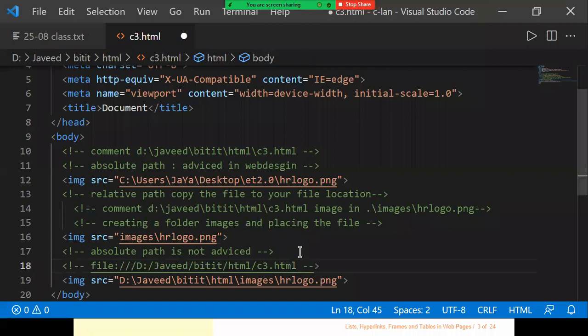It is going to show me the path like this: D colon, slash, Javed, like that. But when I'm typing, I'm using backslash. Able to understand now? I'm using backslash, whereas my system is using forward slash. So D colon slash Javed, like that it is using. But when I'm typing it, it is D colon followed by backslash like this.